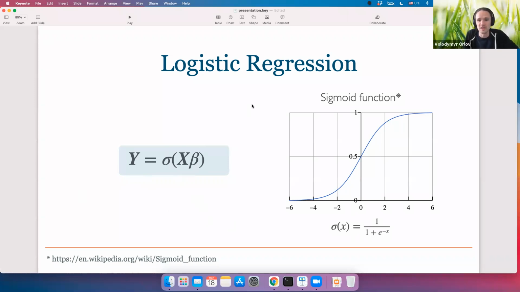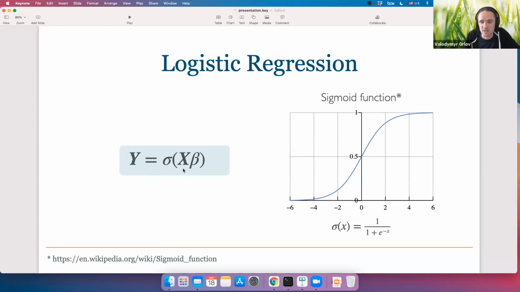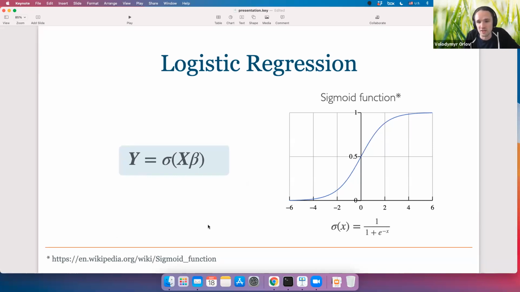So yeah, let's talk about logistic regression. That's the last method I want to talk about, and the reason I want to talk about it is that it uses a somewhat different method to find the estimates of the model parameters. But first, we need to talk about the model itself. As in linear regression, the assumption is still the same. We still assume that there is a linear relationship between our predictors and the outcome. But in this case,